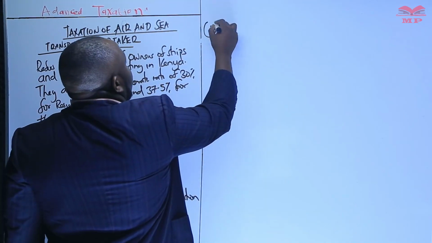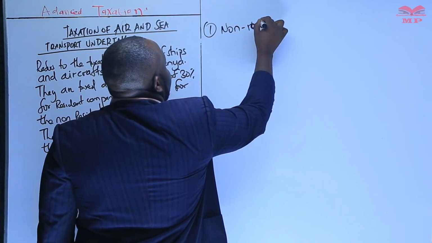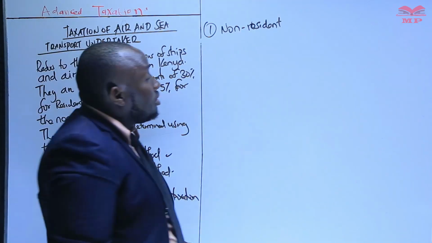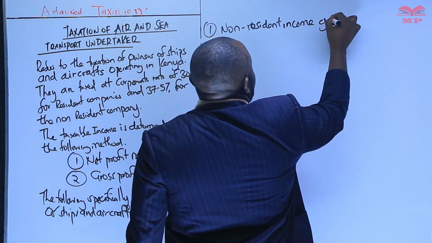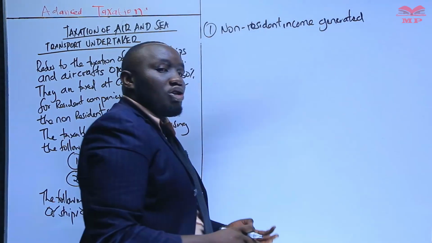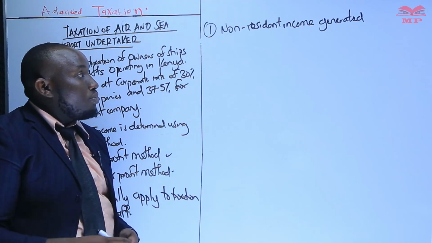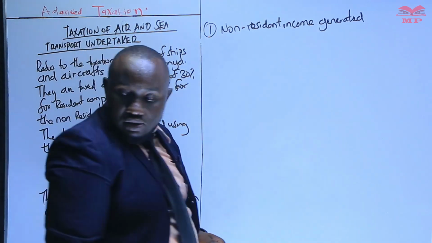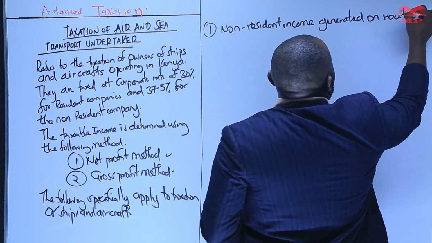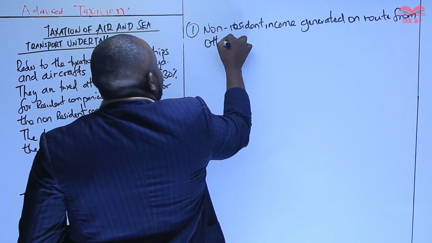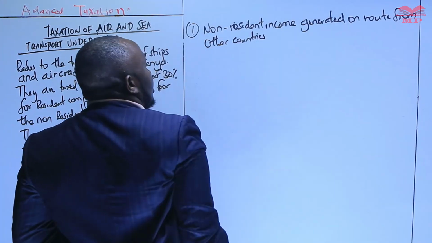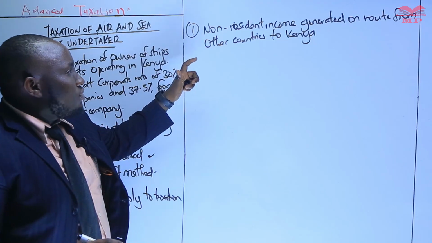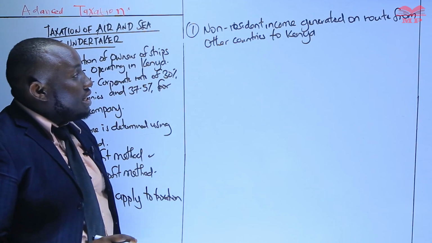One, the non-resident income. When we talked about ships, I talked about passengers, cargoes, and mail as sources of their income. Very important, the non-resident income generated en route from other countries to Kenya, because this is one of the areas that you'll be tested in. Non-resident income generated en route from other countries to Kenya is exempted from tax,